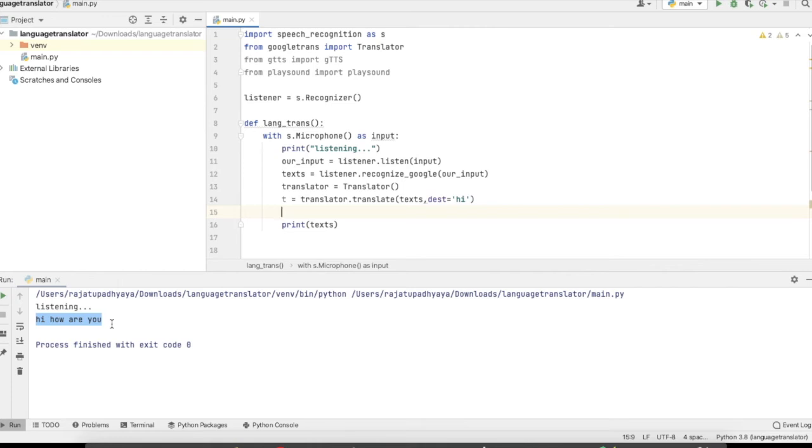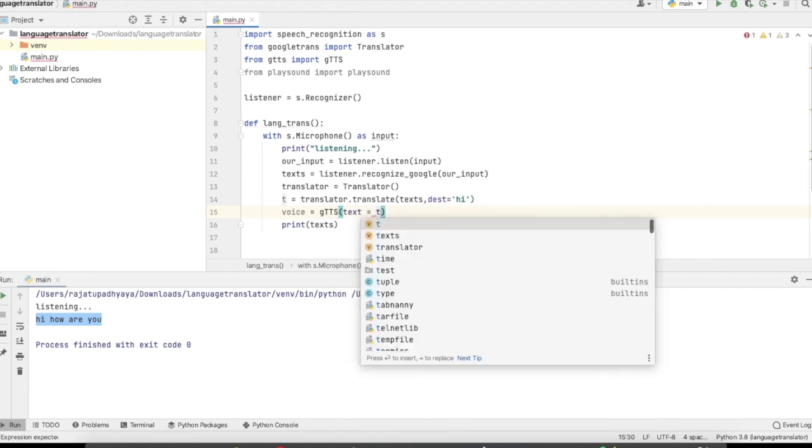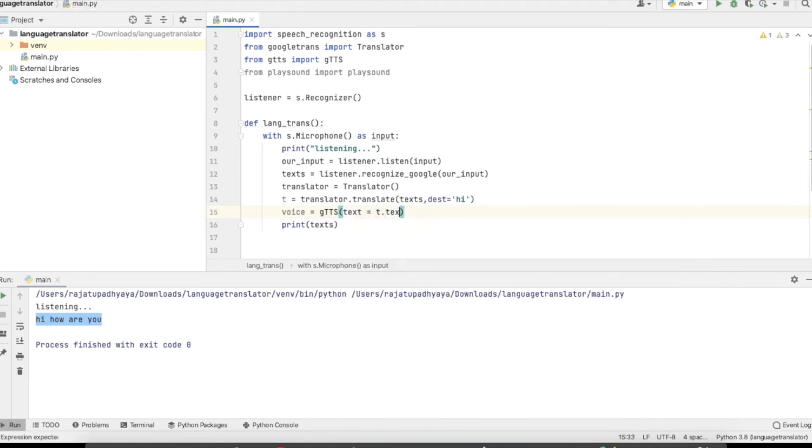So now we are just going to make one variable like voice, and here we are going to use gTTS, and here we will pass the text t.text. Let me show you why I am using t.text here, and our language will be Hindi. Before that, let me comment this line and let me show you the result for this translated language.